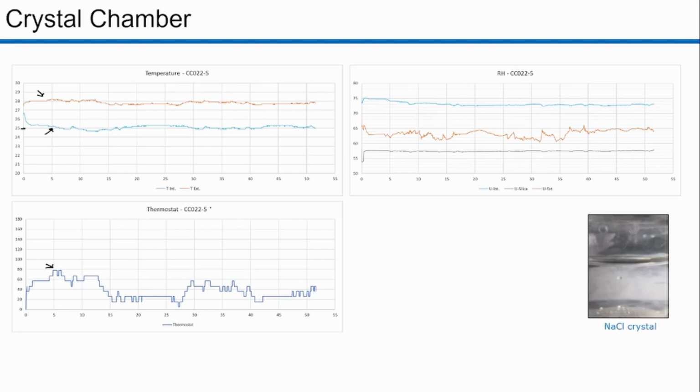to 25 degrees. For the relative humidity, the orange line is also the external variable. So here we can see a lot of fluctuation on the relative humidity, and also it's very below the equilibrium point, so it's not good for crystal quality. In gray is the line of the silica gel. As the silica gel saturates, this curve will go up, and when it hits like 73% or something, I won't